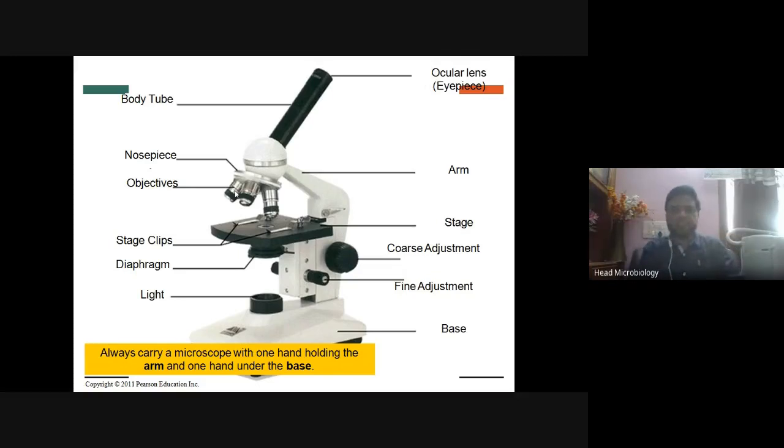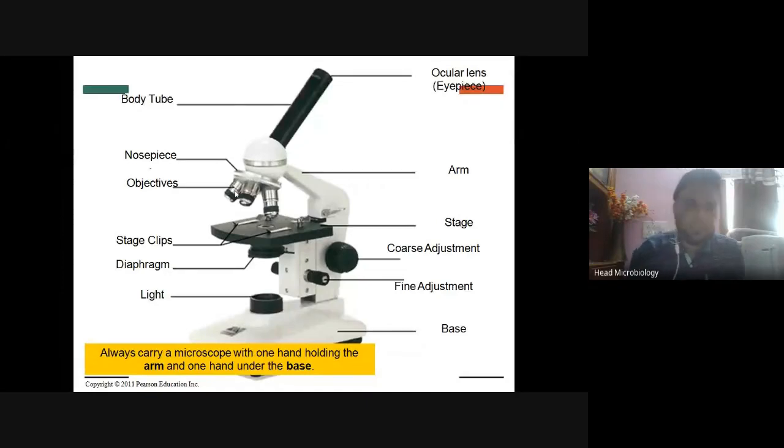Whereas oil immersion is required for observation of bacteria, which are very small in size. Oil immersion is called 100x. Even by using oil immersion, you can observe up to 0.1 micron size. Very small sizes can also be observed. So three types of objective pieces are used. 10x means it is multiplying, or magnifying, 10 times.